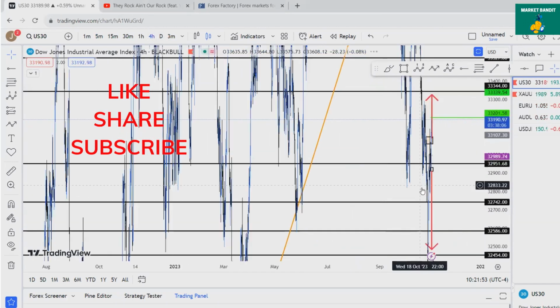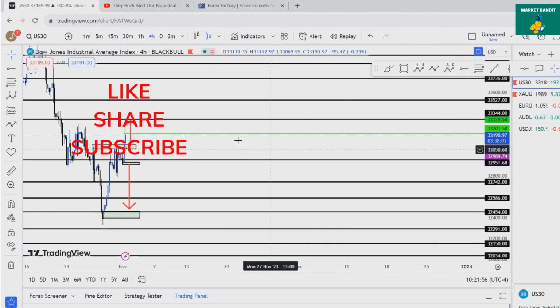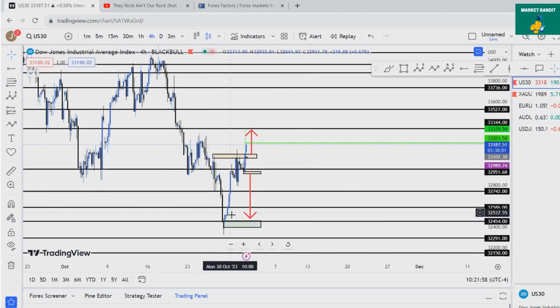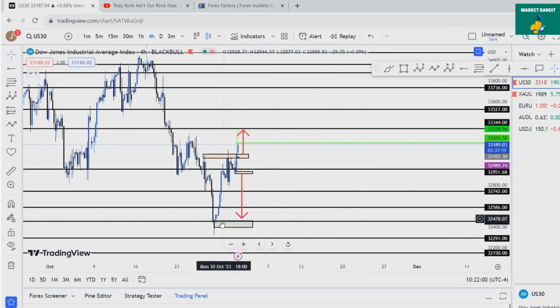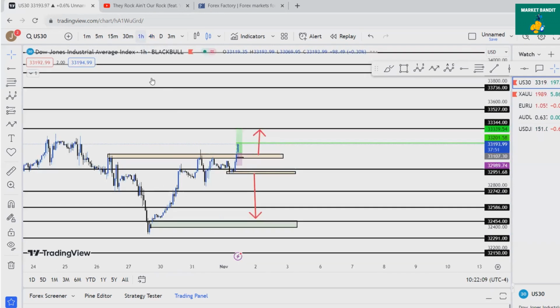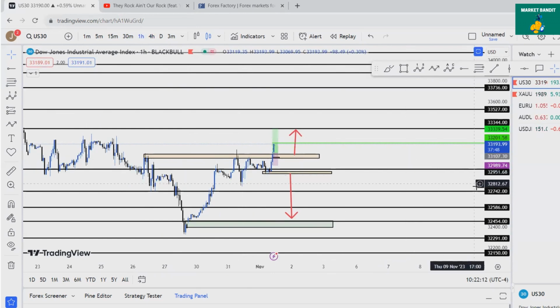Let's go to the 4 hour time frame. All right, see that we have a reversal that happened down here. From that reversal point, the market has been bullish. We even have a gap down here. But I'm a person that goes with the trend, not what I want to happen, but with the trend.